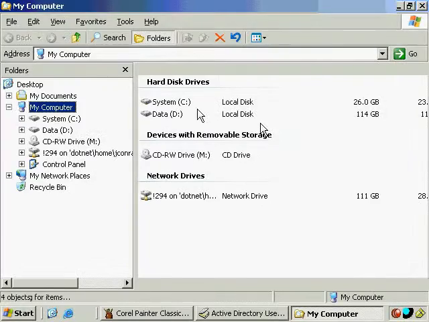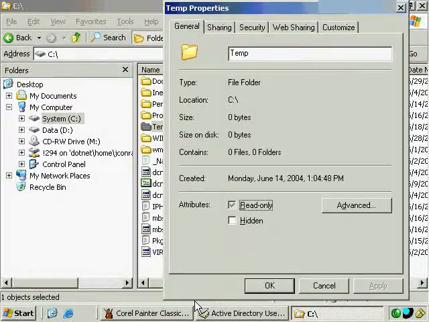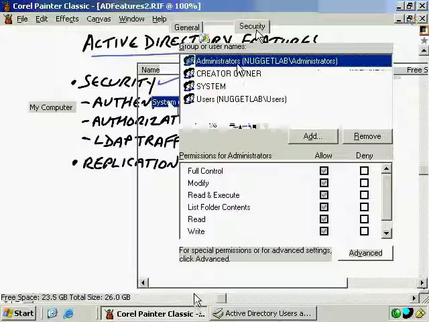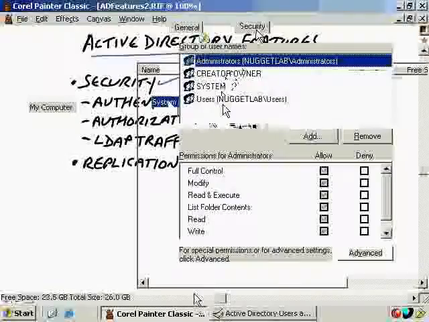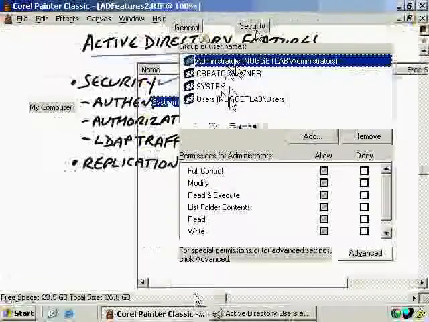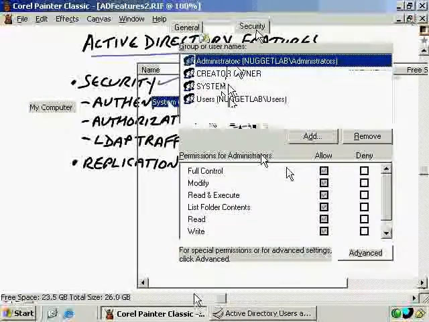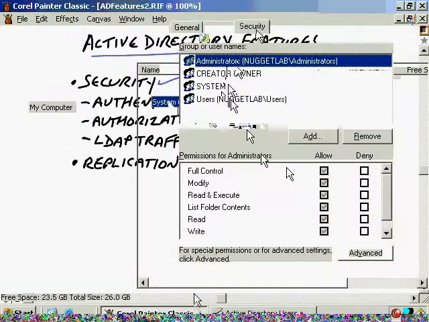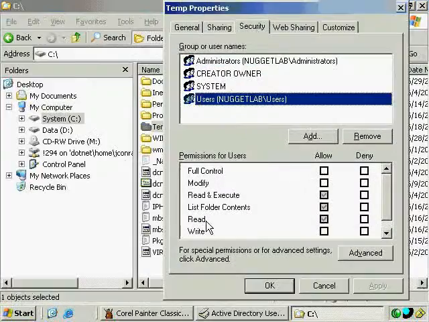So let's take a look at an example, and we're not going to get too much into file permissions right now, but I do want to go to the properties of just any old folder here, and I'll go to the security tab. We see, for example, that we have administrators, creator owners, system, users. I have to be a member of one of these groups in order to access this specific folder. And if I'm just a generic user, then I see that I only have read and execute, list folder contents, and read access. So I could not, for example, add additional files to it or make changes to this particular